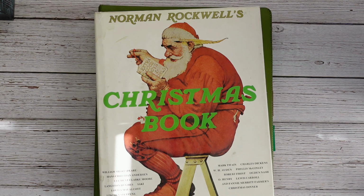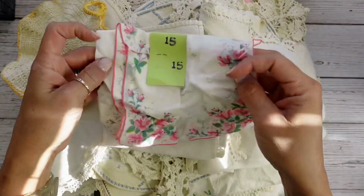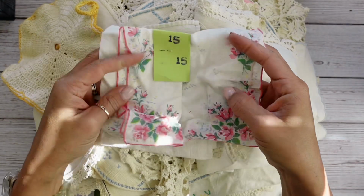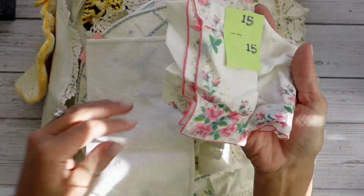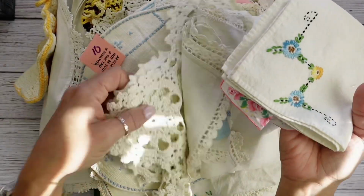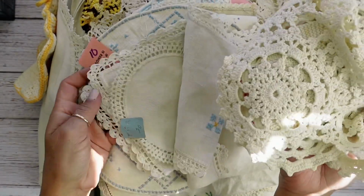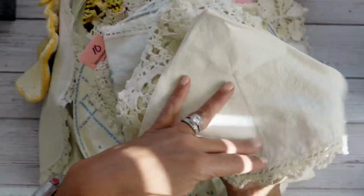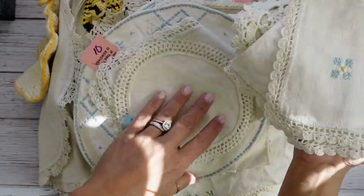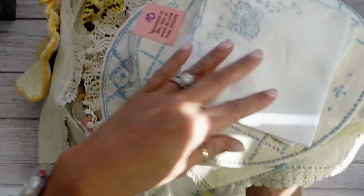And out in a shopping cart in the yard were all of these doilies and linens, which I had just been shopping on Facebook Marketplace looking for these kinds of things. And at an antique store, one of these was like $5. And on Facebook Marketplace, they would be selling maybe 4 or 5 for $15. This was all included in my $50 haul. I got a ton of them, of all different designs, pictures, sizes, shapes,